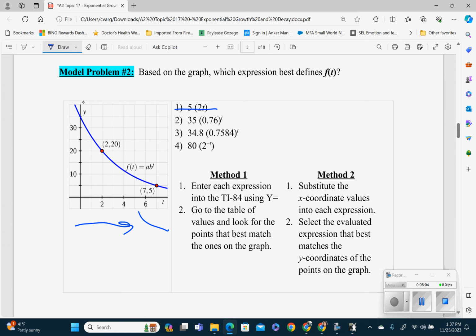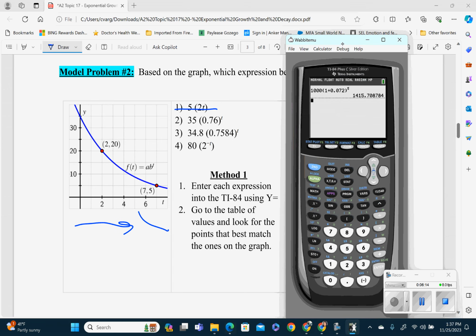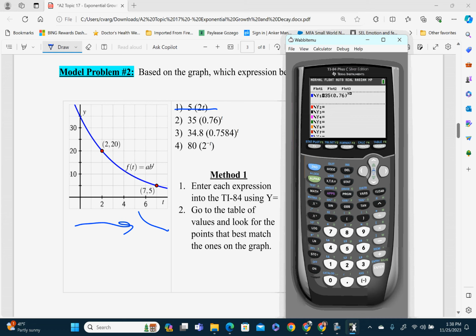We could go ahead and graph each of them. So it says which best describes. We already got rid of one of them. So I'm going to go ahead and take my calculator. Let's move her over here so I can actually see it. And so I go like this, and I'm just going to clear whatever is there right now. You should do the same. So I'm going to put in 35, parentheses, 0.76, close parentheses, to the, and instead of t, I'll just use x because it's a little bit easier. And then I'm looking for these numbers, 220.75. So if I go to my table,